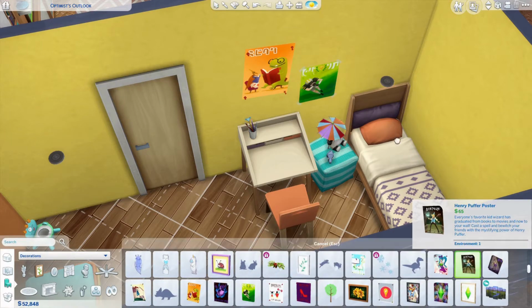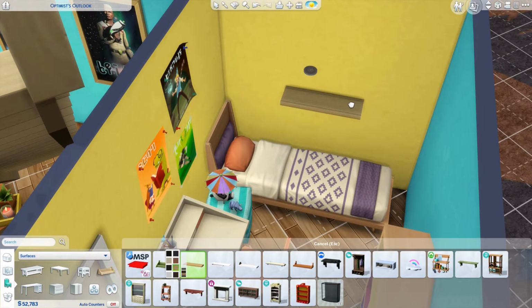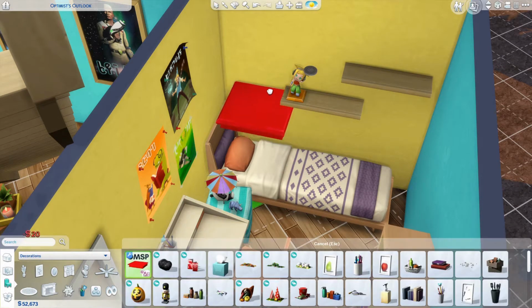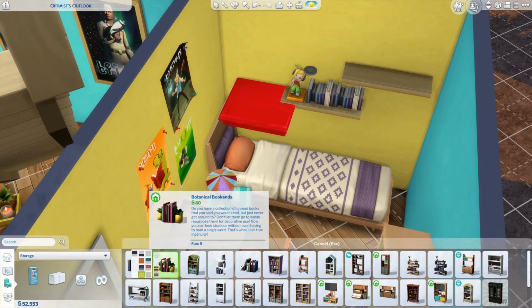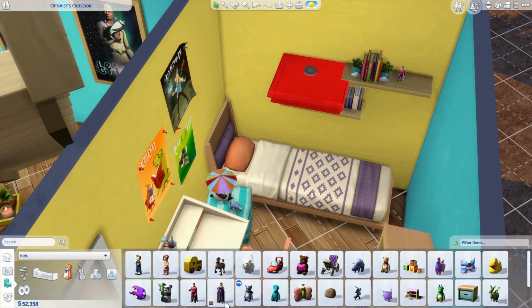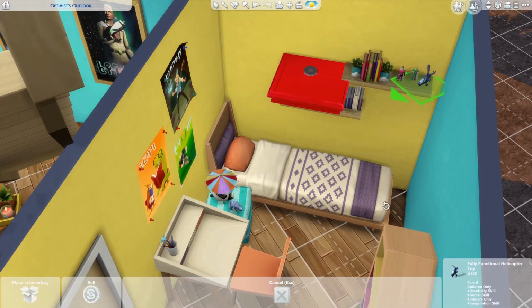That's usually how I decorate the walls in children's rooms. I think it's quite realistic. But I also put some shelves on the wall and put some knickknacks, and mainly some books on that. So the child living here is quite fond of reading, although I don't think that these books are actually functional because the bed's in the way, but you can get books for reading from the Murphy bed setup in